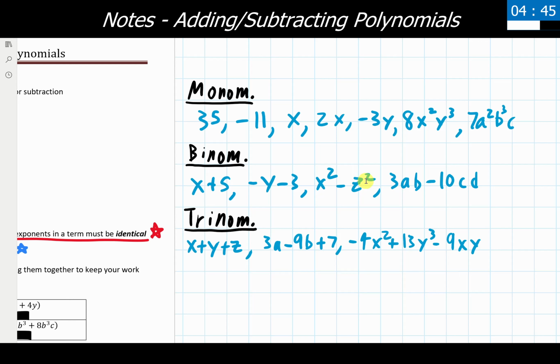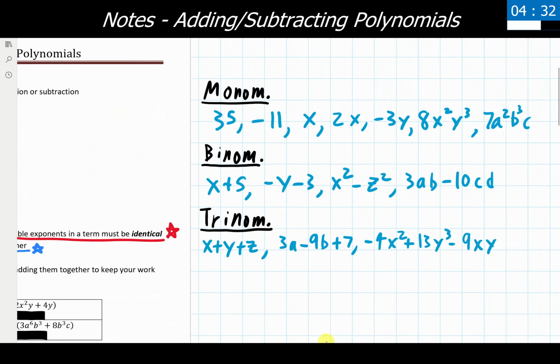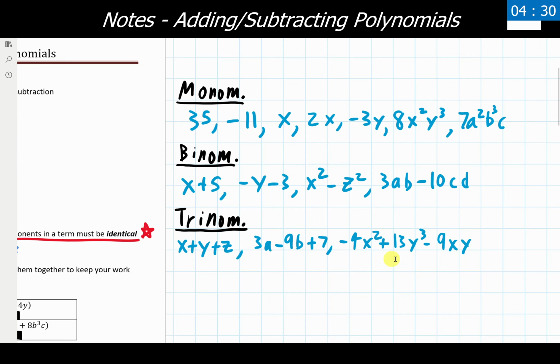Now, once we have that, and we know how to determine those, the degree of an overall polynomial is just the highest degree of all its terms. So if I had, maybe I'll do a slight modification to some of these things that I have down here. Actually, we can just use this trinomial one as an example. So I'd look at a trinomial here and be asked, what is the degree of this overall polynomial? Well, I'd need to first know what's the degree of each individual term.